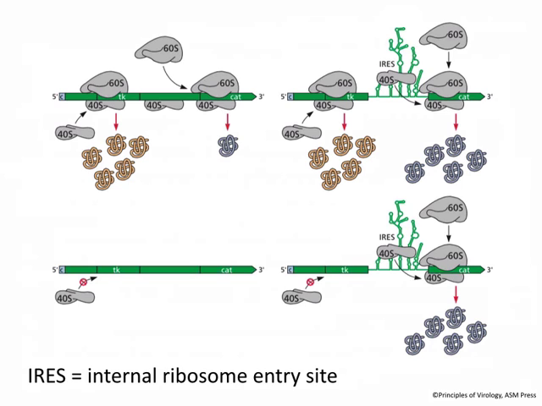Now, if you have an mRNA with two open reading frames like this one and just some random sequence in between, what happens is ribosomes will bind the cap. They will translate that first open reading frame quite well. And then the ribosomes fall off when they reach the termination codon. A few 40S subunits keep scanning, and you might get a little bit of the second open reading frame, but in general, that doesn't happen very often.